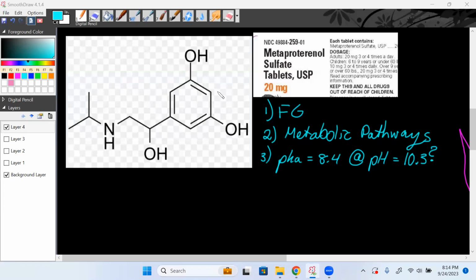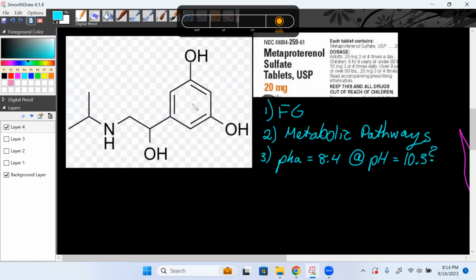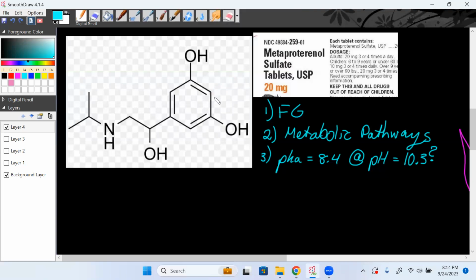It's close to being a catechol. Catechol is where you have it on position 3 and 4, but we have position 3 and 5. So it's close to being one. It would probably act somewhat similarly. But all right, so